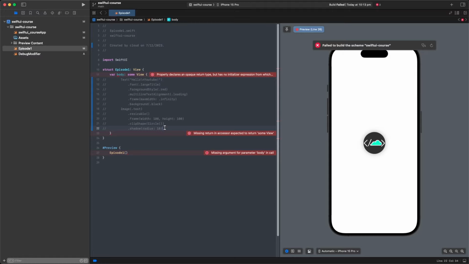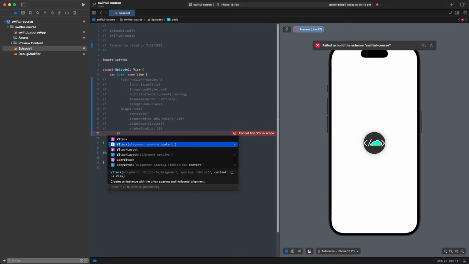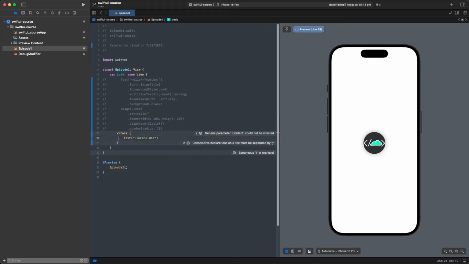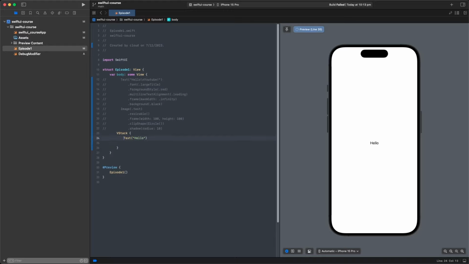Okay, on to our next view, and these next ones are pretty much building blocks, and they're super necessary for constructing complicated views, and they are HStack and VStack. So if you remember stack views from UIKit, they're basically that, but much easier. So you can see we've got a VStack here, which can take an alignment, a spacing, and a content callback. So we'll just give it a content, and actually we want to use a trailing closure because we're nice like that, and then we'll just let that parse, and we've got a placeholder, so we'll just do hello, and we can add another text here. So we've got hello world,